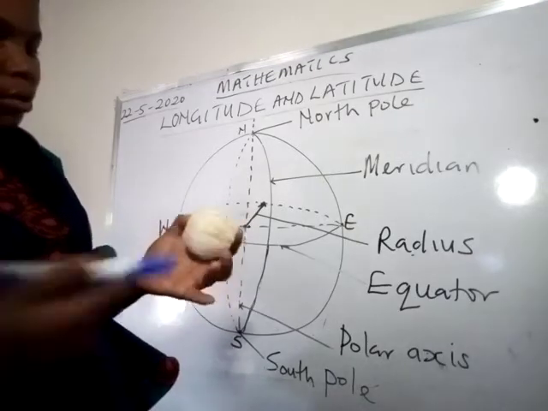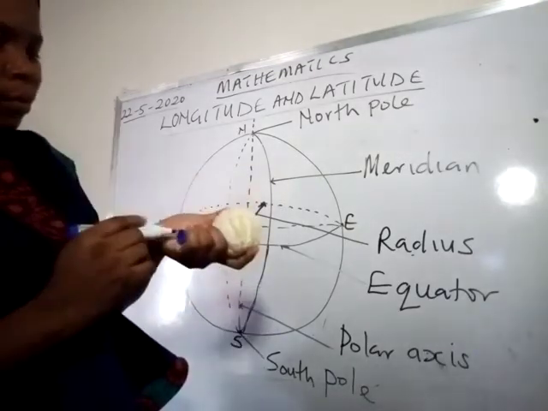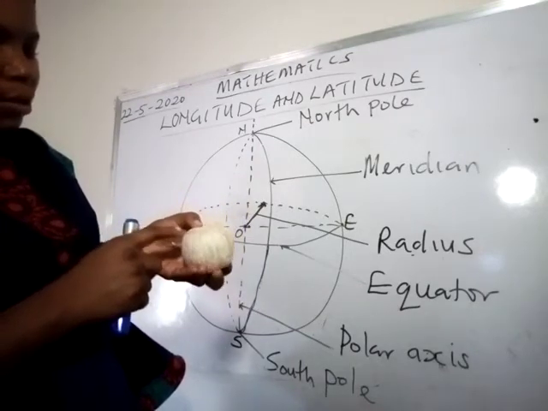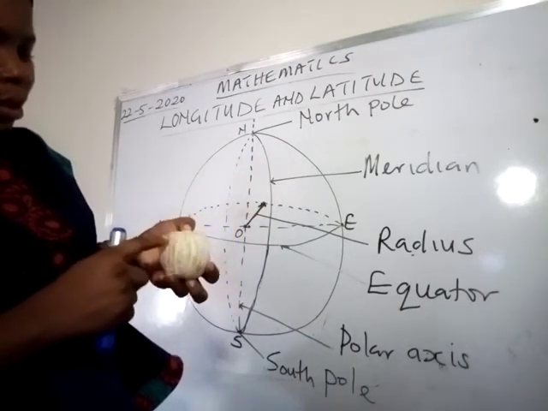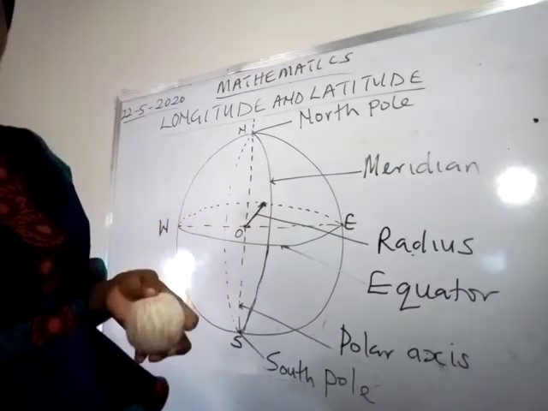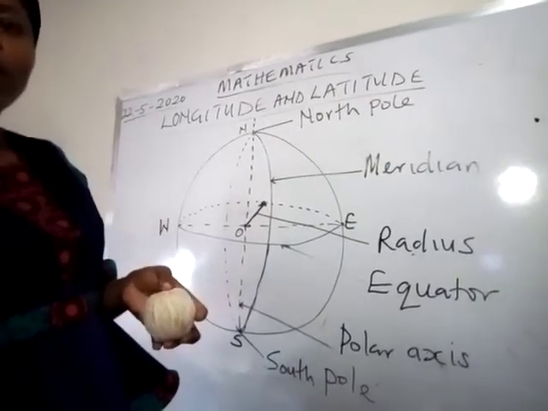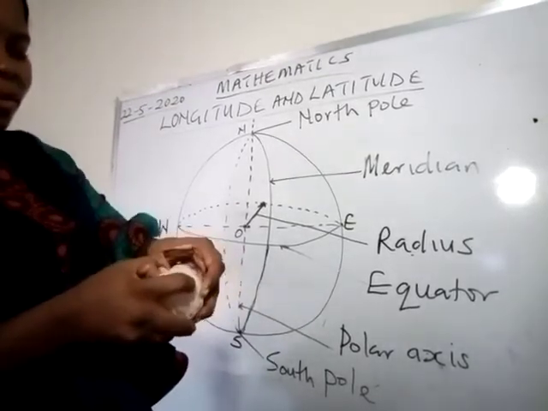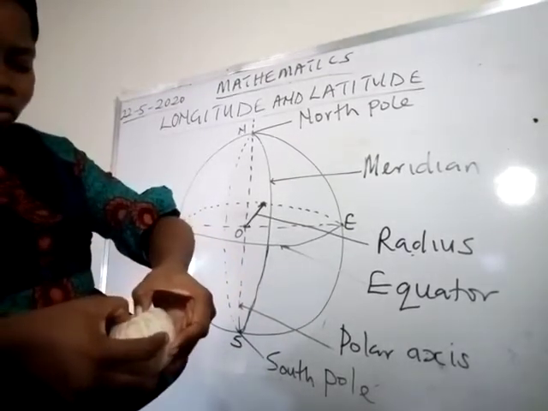Let me mark it. I have 1, 2, 3, 4, 6, 8, 9, 10, 11. So sorry about that. So if I cut this into 2 halves,